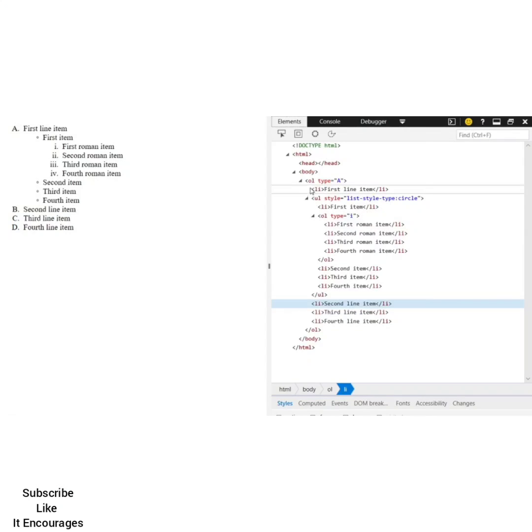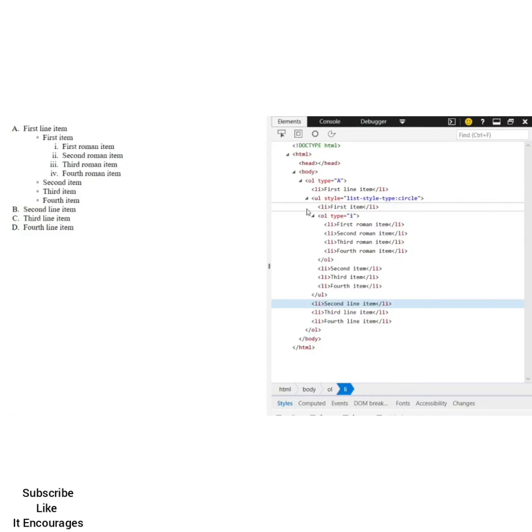The first is the ordered list, which is defined with the type uppercase alphabet, and then we see that it is closed here, and then there is another unordered list which is of list-style-type circle, and after that we have again the list item for that unordered list.